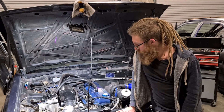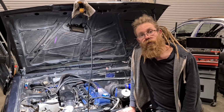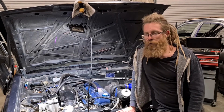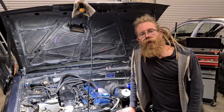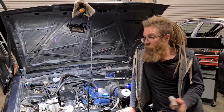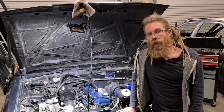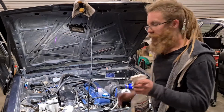So next thing I'm going to check is for boost leaks. So I've had a little look on the ECU and at the map, and it is the map that I modified the boost control on, so that's all sweet. So the only thing I can think of it being is a boost leak,